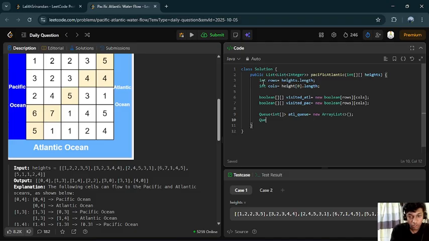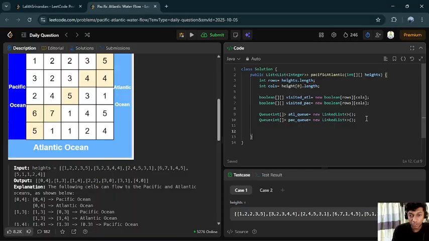And next, queue of integer array, Pacific queue, new array list. We can take linked list actually. Great. Okay. Next step is we need to